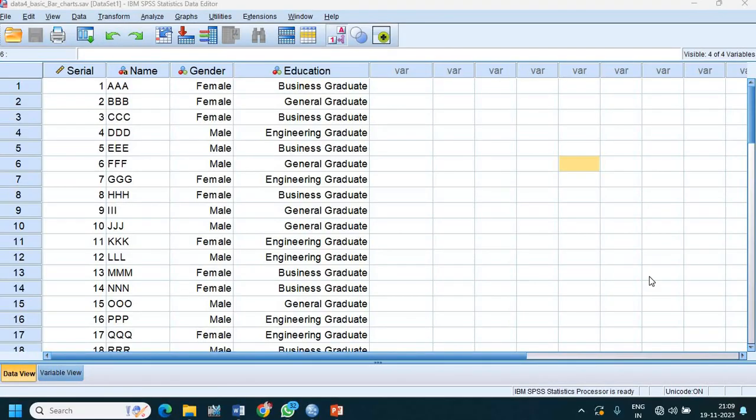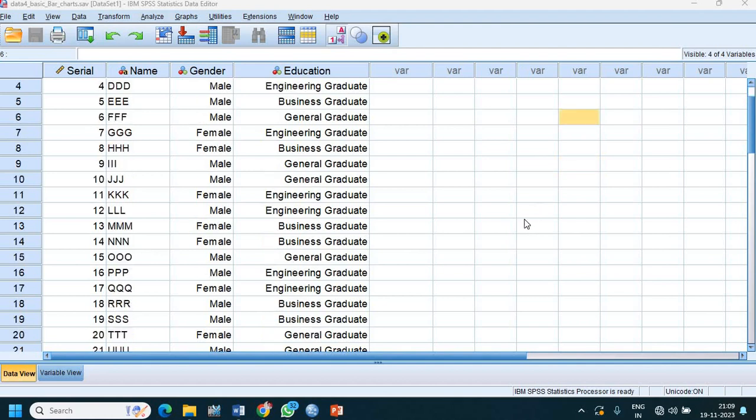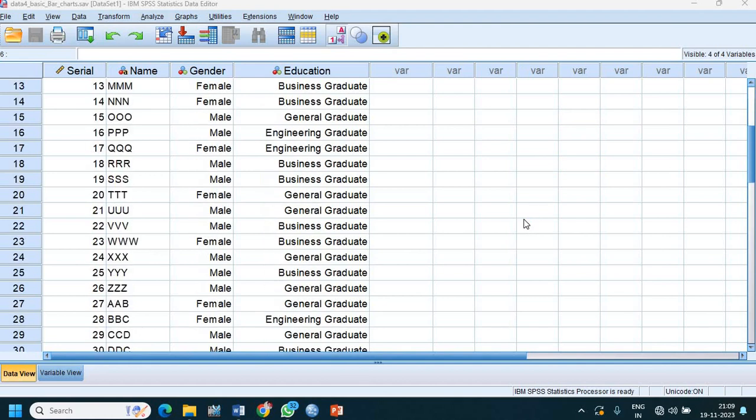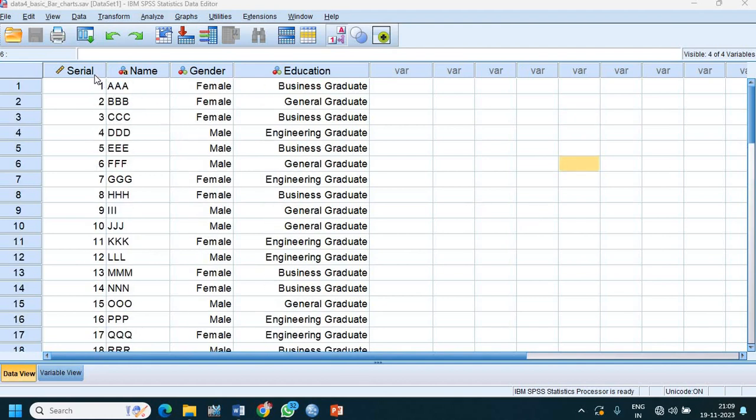So we are in the SPSS package. In front of us we have a data set. Let us see how many values. There are 39 values. Let us understand the data set. The first column is the serial number. The second column consists of the names of the individuals, which are obviously hidden, masked with some alphabets, and then we have